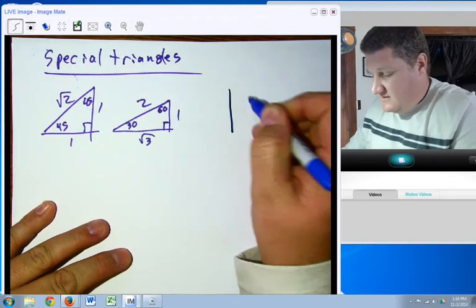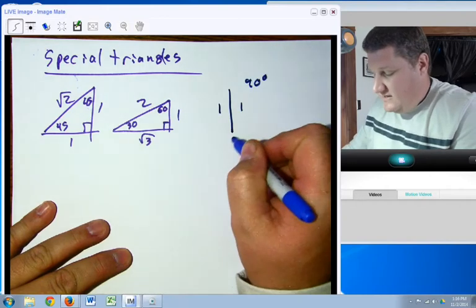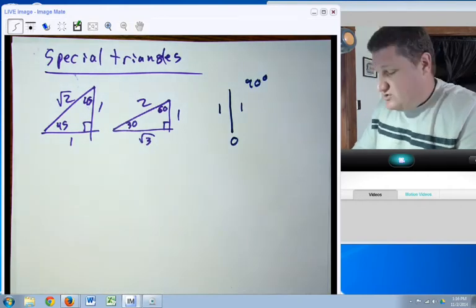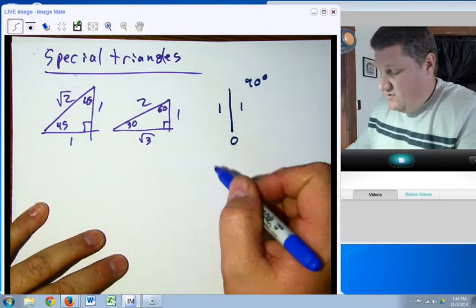Here it is, the 90-degree triangle. It is 1, 1, 0. That's it, special triangle. Now, for some of you go, whoa, wait a minute, I don't see 3 sides. And I would agree with you. The way you create that